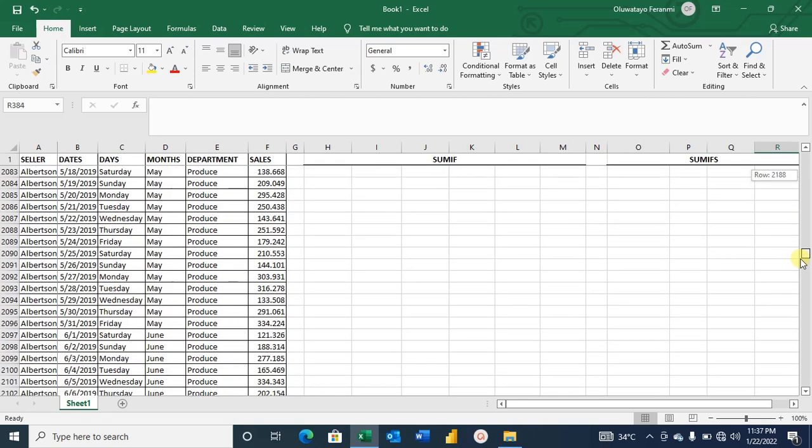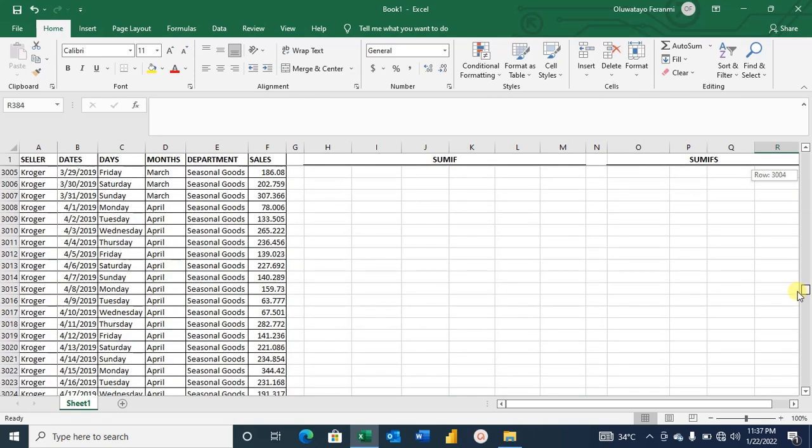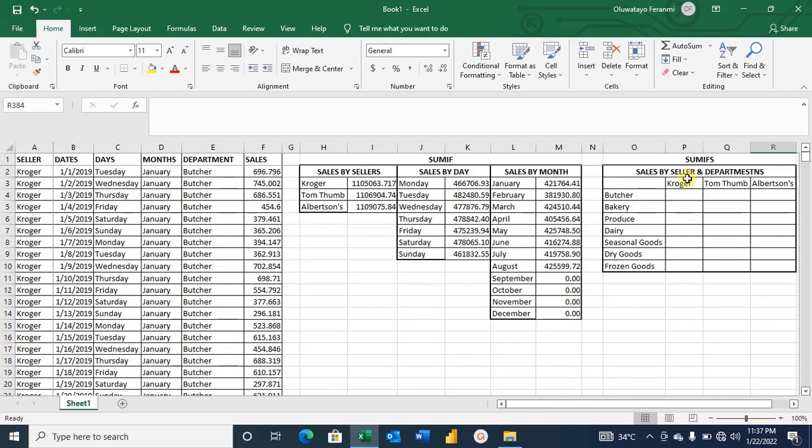We have the bakery, we have produce, we have dairy products, we have seasonal goods. So we want to know what this guy sold in a particular department, say the bakery, the produce, dairy, butcher, dry goods, seasonal goods, or frozen goods. So this is a new function entirely. It is different from the SUMIF. This is called SUMIFS, and it is SUMIFS because the condition is no more 1, it is now 2. If you have 3 conditions, 4, 5, 6, you can use the SUMIFS,